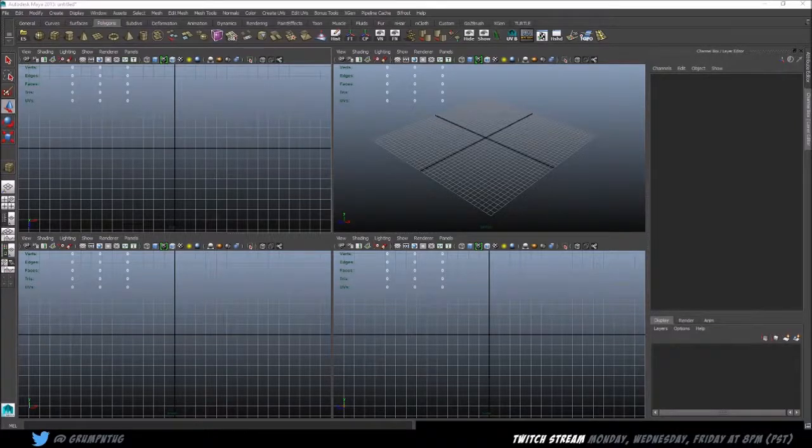examining the UI and how to make a cube and how to extrude faces, use the cut tool, insert edge loops, things like that. Things that you've probably already heard, or if this sounds like gibberish to you, you'll know by the end of this short session. And I really want to stress the length of it, because I want this to be bite-sized bits of information that you can watch over and over again real quick,